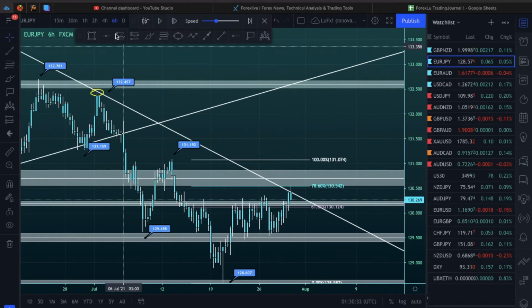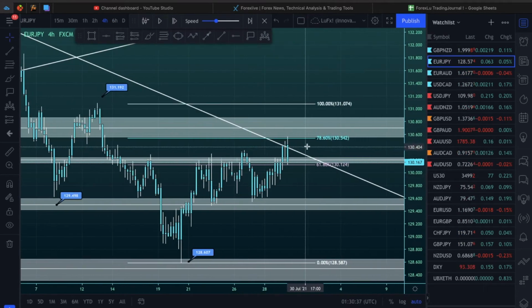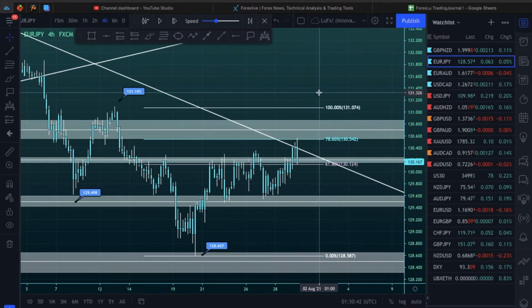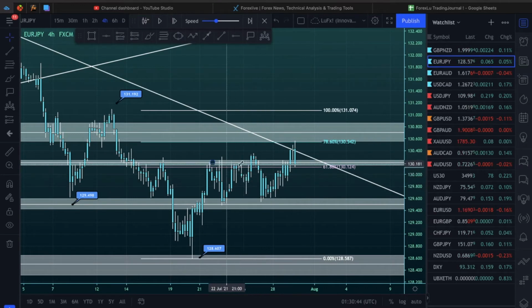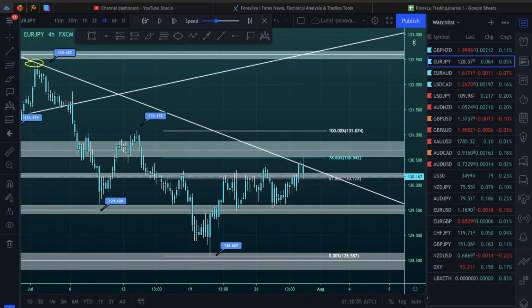So as we can see, we finally hit that third touch, as well as this key level, 78.6, third touch. So now this is when I started to get into the market, because I seen that it took out all these highs right here that people were probably selling in the market. So it took them all out, and I just thought that this is manipulation, and we're going to continue down from here. So let's look at my